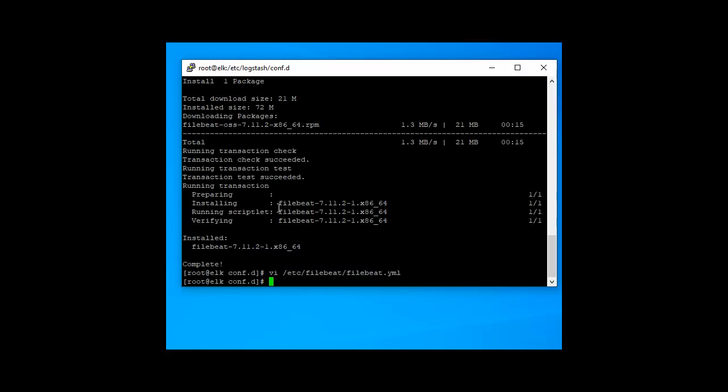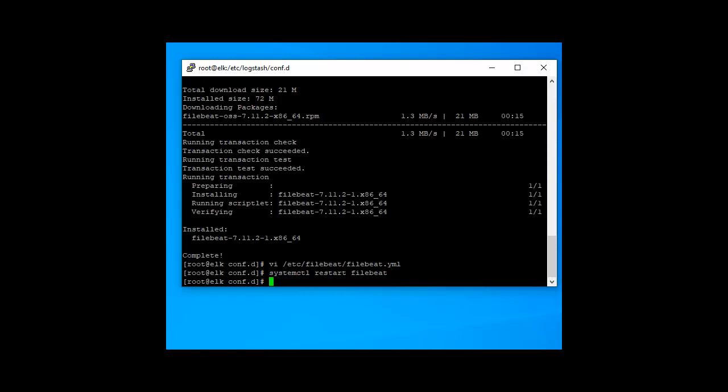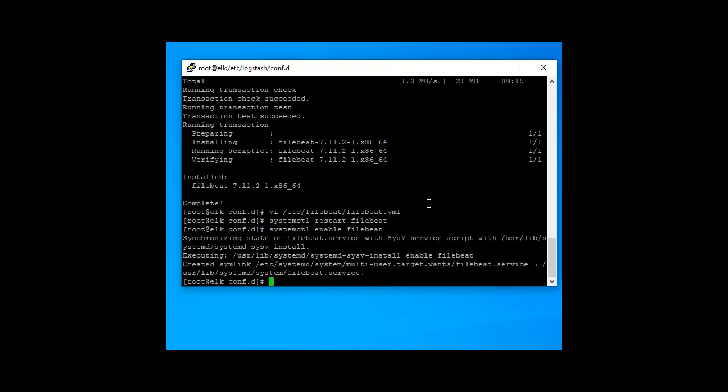Save and start the service, and also enable the service: systemctl enable filebeat. So the installation is done.